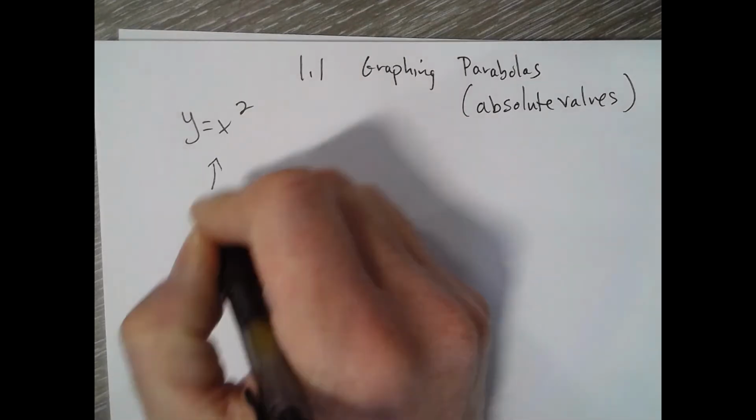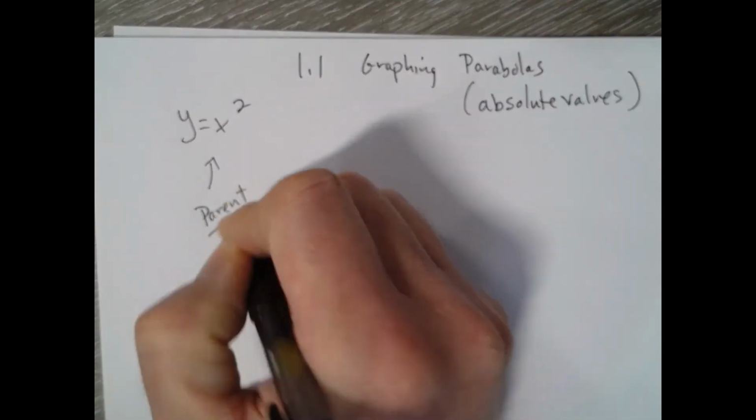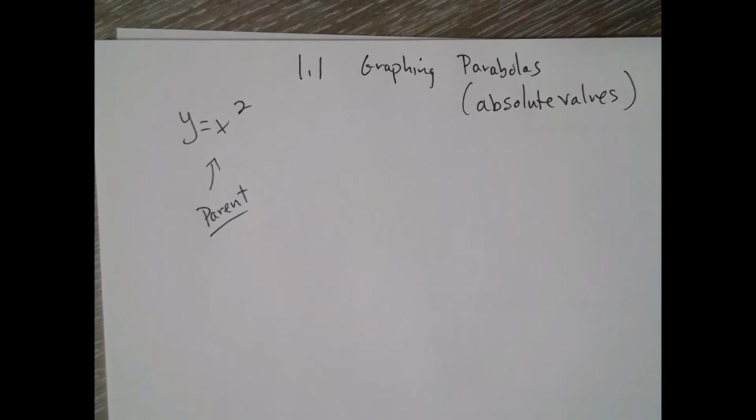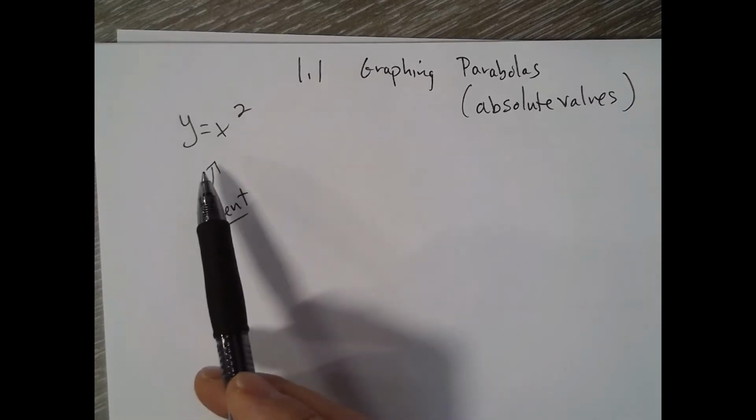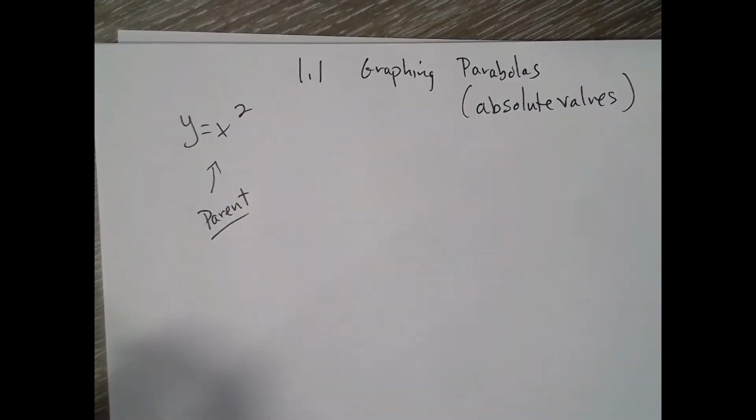So parent graph is like the most simple equation that you can make of a certain family. I can't think of an easier parabola than y equals x squared. So all of our graphs that we'll make are transformations of the parent, y equals x squared. We might make it skinnier, we might make it wider, we might shift it up or down or left and right, we might flip it upside down, but it's all based off of the parent graph and the transformations of